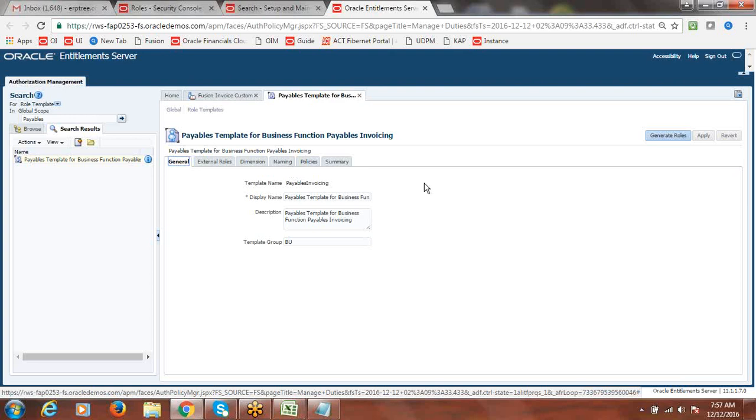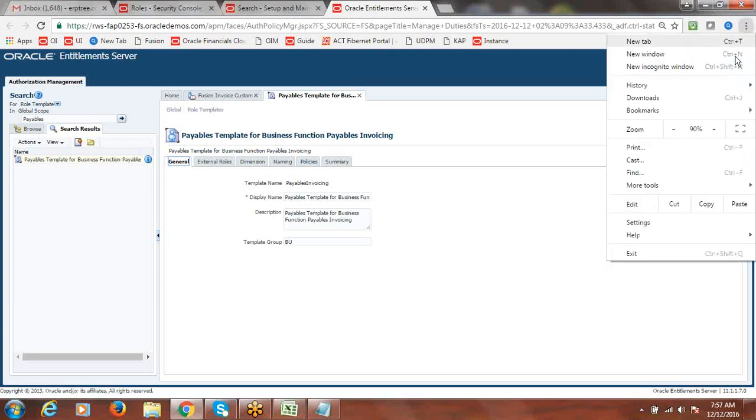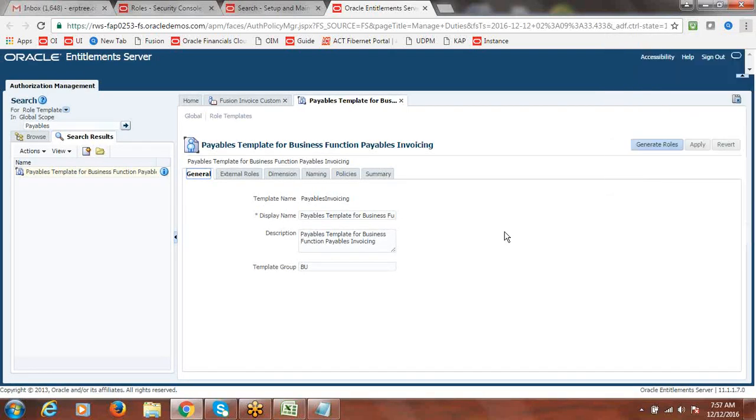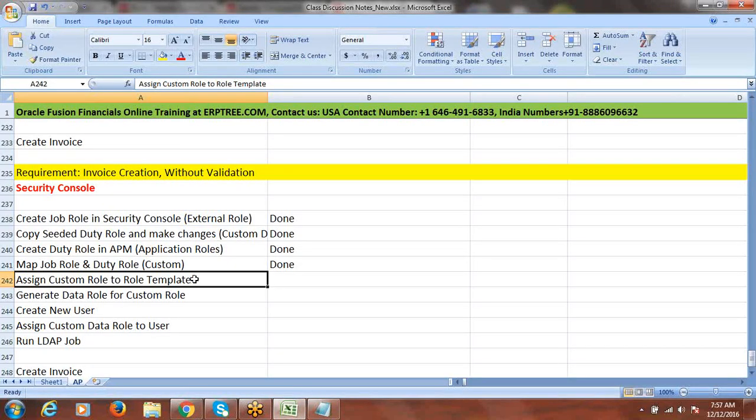Okay, now we just added and we gave all the specifications, all the policies whatever is required. Now we have to generate the data roles, right? That's what we did and we have to do now. This we completed. Now we have to generate the data role for the custom role.